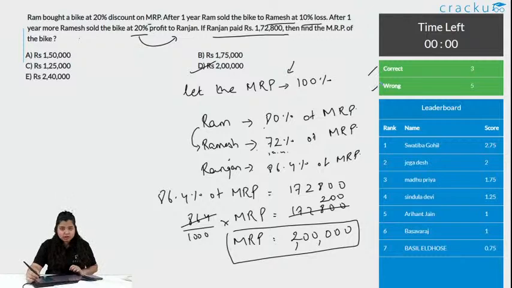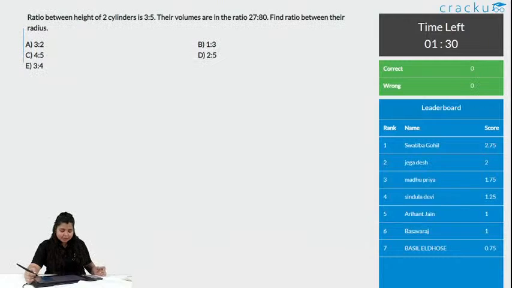Let's go to the next question. This was the 5th question. I think I am clear. Do let me know. Yes, Aryanth, it's 2000000. Okay, an easy question. You can do this question without using a pen. I can guarantee for this. You just need to know what is the formula for volume of cylinder, and you already know that. We have already done a question based on cylinder.